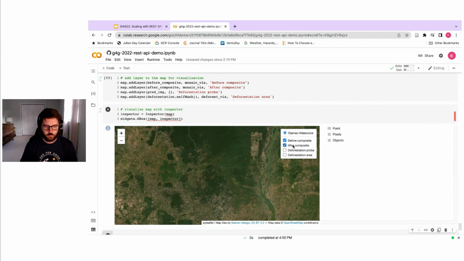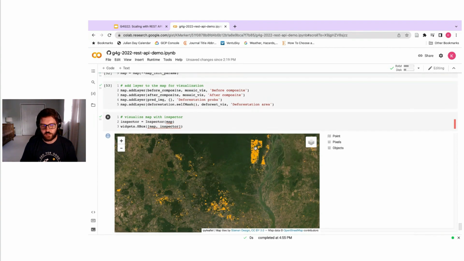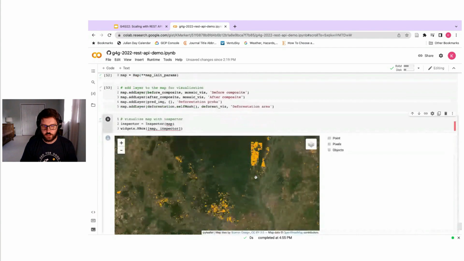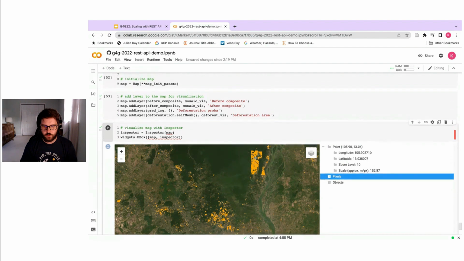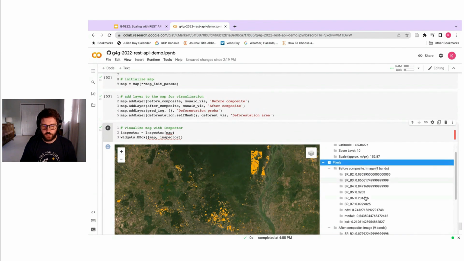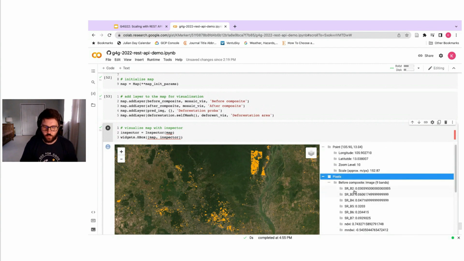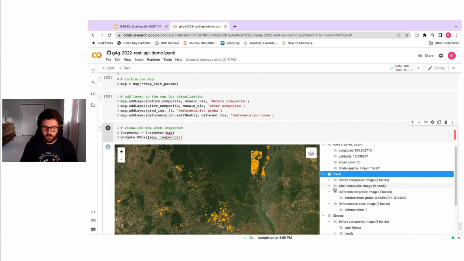If we click the before and after, we can see that there was in fact a good amount of deforestation that's happening on here. And if we toggle on and off where we're predicting that the deforestation occurred, it is in fact happening. And so if we click on here, oops, there we go. We should be able to see what the pixel values are,